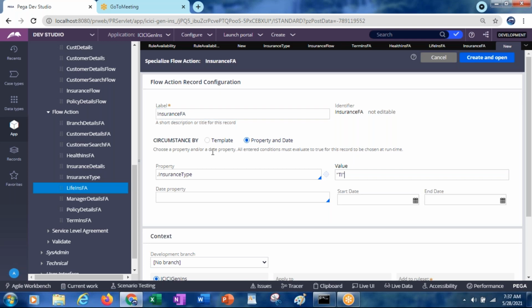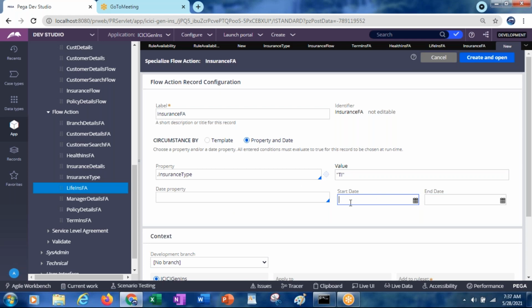Here, if you want, you can also give the date property. Under the date property, you can specify that if this date property is in between these dates, then only execute this flow action.